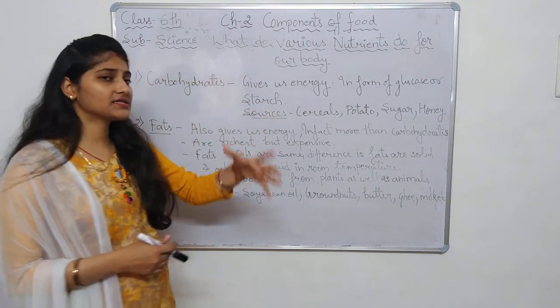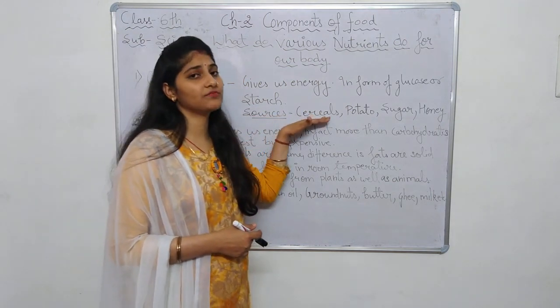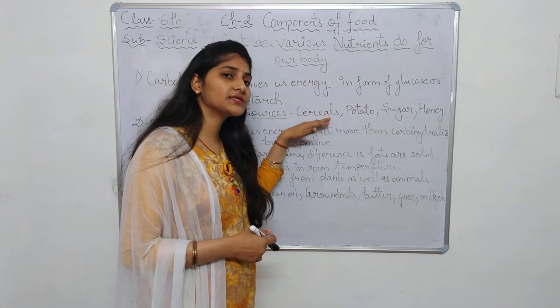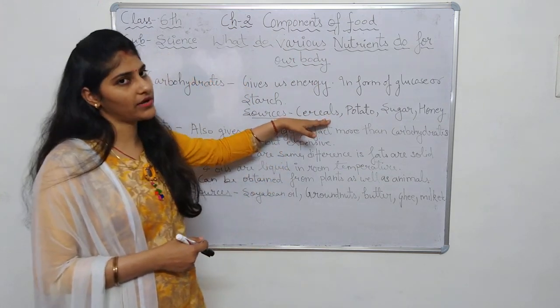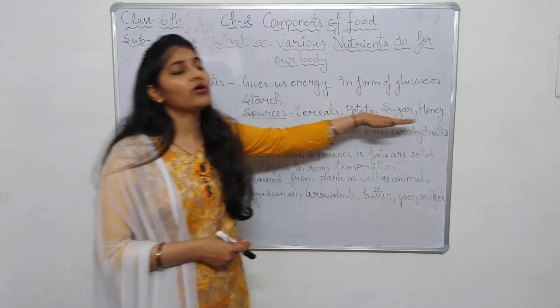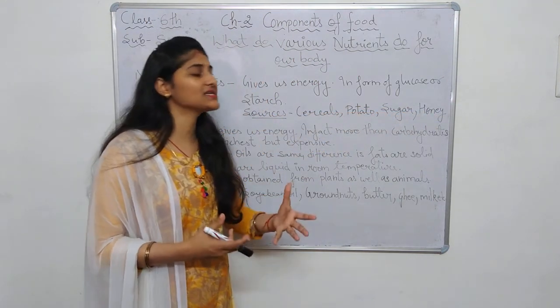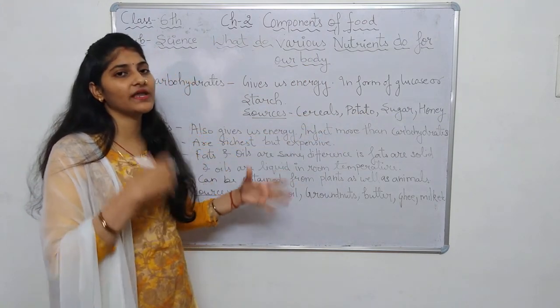Let us see some sources of these carbohydrates. Cereals like wheat, barley, rice, all these are cereals. They contain carbohydrates. Potato, sweet potato, sugar, honey, all these are sources of carbohydrates. So, when we are eating these sources, we are taking in